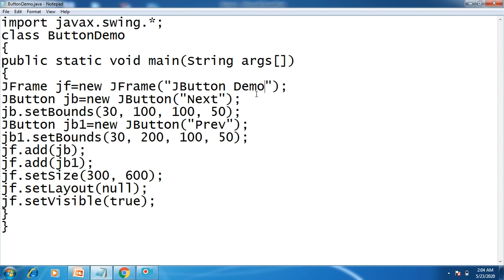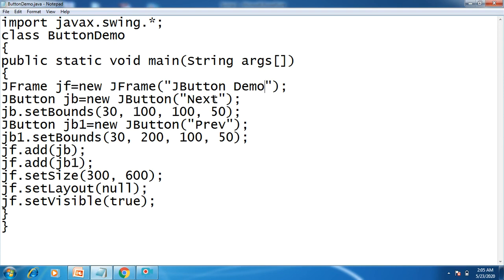In the main function, first create the top level container along with a message you want to give to that frame. Next, we can make use of JButton to insert a button in the top level container. JB is the object of that. The syntax is JButton JB = new JButton, and we pass as a parameter the message you want to display on that button.